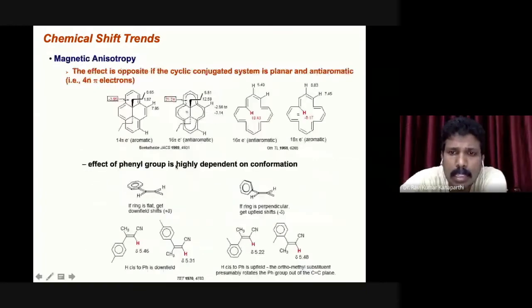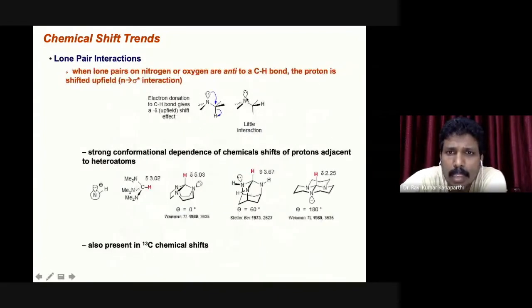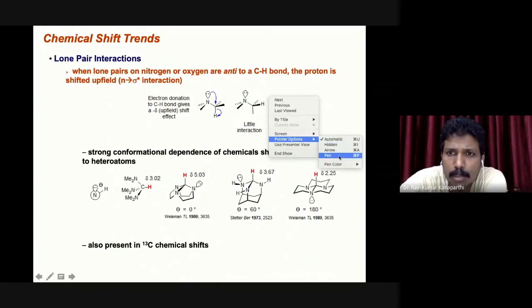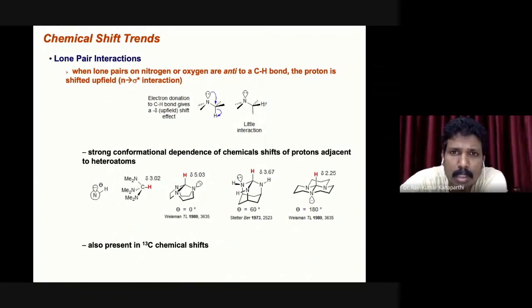Whereas in the other case, if you come across the lone pair on the nitrogen atom, it is syn and anti. I'm sure that most of you know the terminology. In this case, the lone pair is here, and this is anti, so it is the opposite way, and syn is the same side. Because of this type of molecular resonance, the electrons will be confined here.